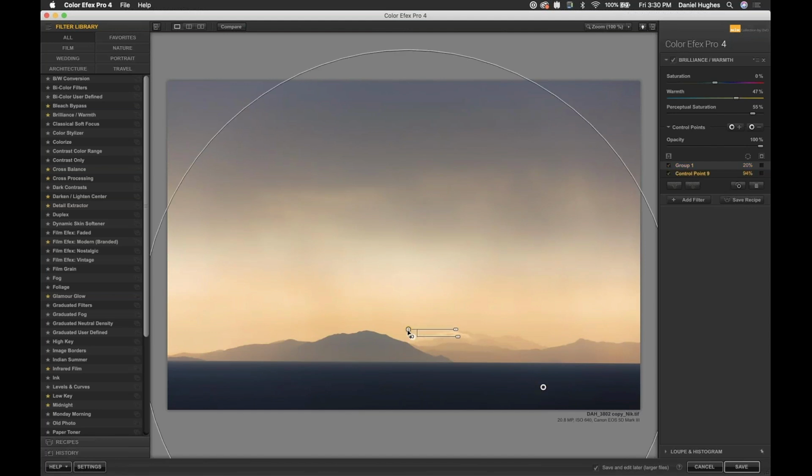Whereas this one large control point, I don't mind it kind of going everywhere because I want the filter effect basically everywhere else within the image. So I feel confident that that's going to do what I need it to do. Now, if you're not confident in what the filter or the control point is doing,